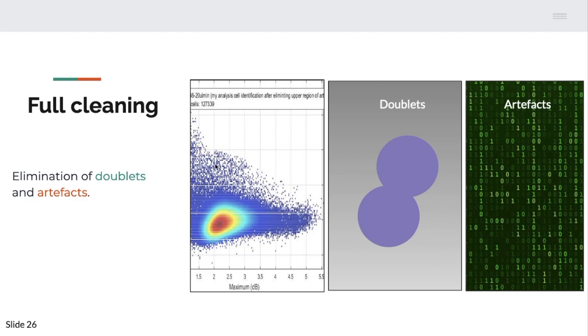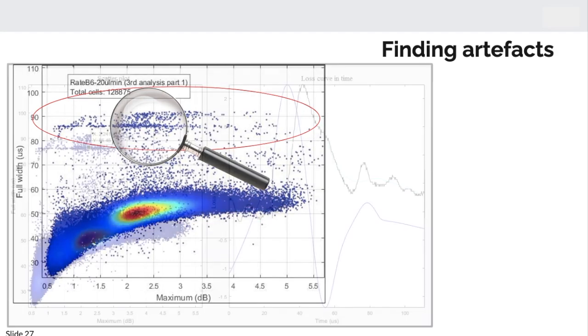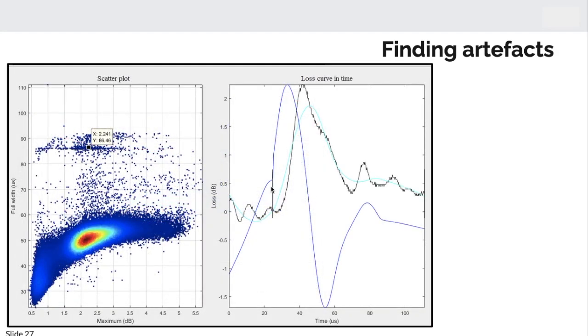Now, what now? Well, we just did doublets, so now we can do artifacts. So how do we spot and eliminate artifacts? Well, we change the X and Y combinations, and we try to find a combination that gives us interesting groupings. And right here is an interesting grouping, and we can see that they're really high compared to the common data points right here. Why? Well, again, we can select a point, open its graph, and we can immediately see that